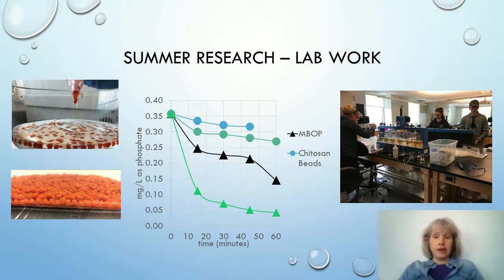We also did some in-lab research. This is actually Nikki again and Seth, and Michaela and Jacob. What we did is create some sorbents to remove phosphate from water. This is Michaela creating the sorbents. It created a set of bead-like materials, and we evaluated how effective those sorbents are in removing phosphate from water. These are the batch tests that they used to evaluate them,